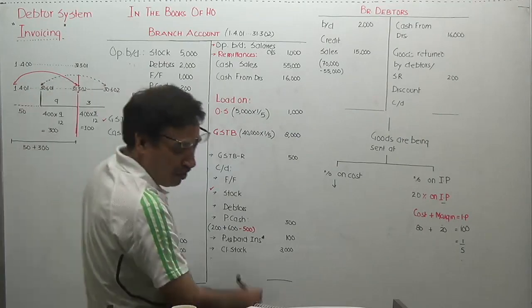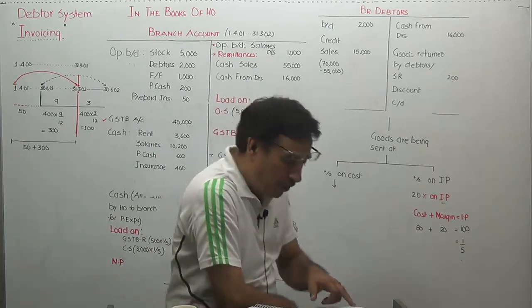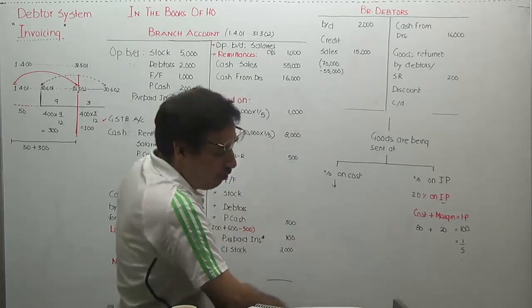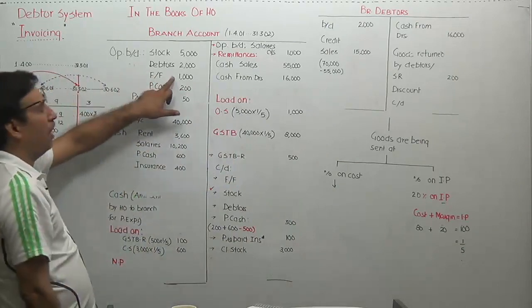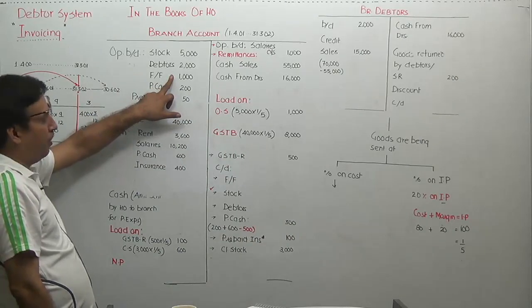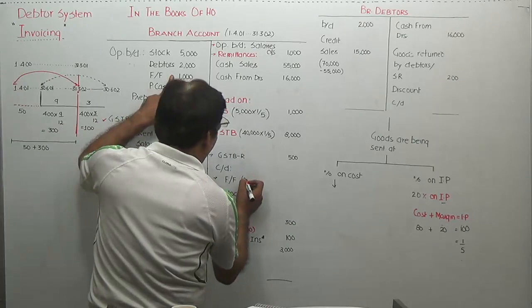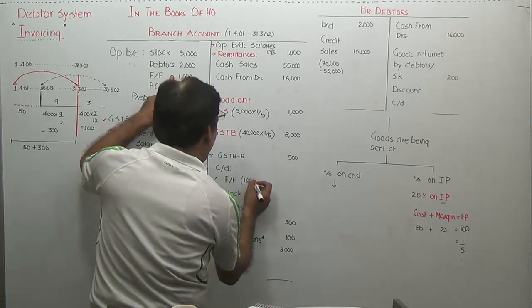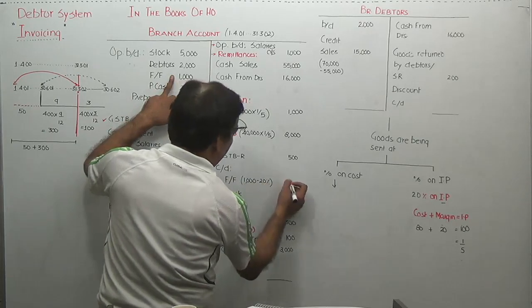That is equal to 600. Is it clear to you? That is equal to 600. Then depreciation on furniture at 20% is given to you. Furniture of 1,000 rupees is given here. Furniture and fixture 1,000 is given here. Correct? So, in order to bring the depreciation expense, we will simply subtract 20% from here and we will write